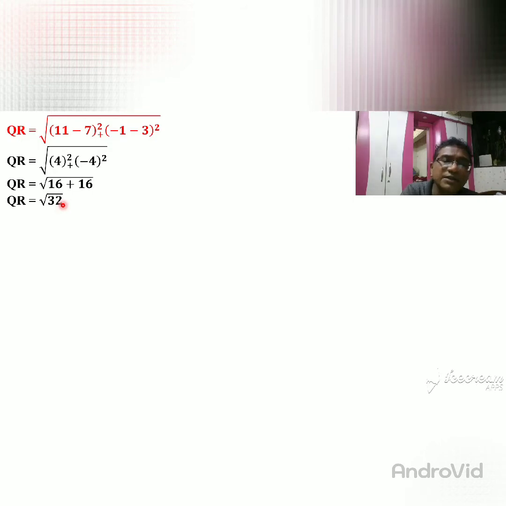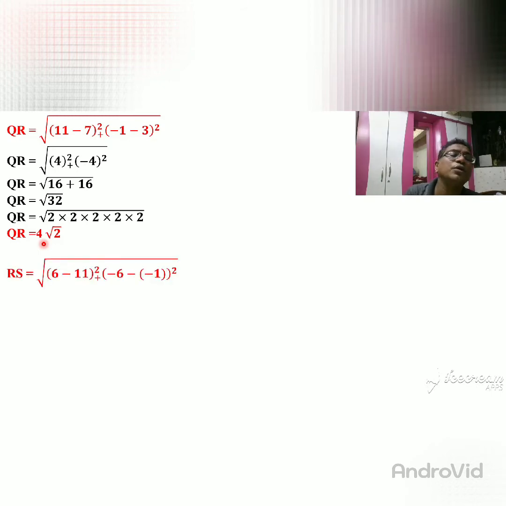So we factorize 32 in such a way that one number's square root can be obtained. So 16 2s are 32. So here that is done: 2 2s are 4, 4 2s are 8, 8 2s are 16. So this 4 into 4 multiplication is 16. So 16 2s are 32. So this 16 square root is 4. So distance QR is equal to 4 root 2. Okay. So here is the result, distance QR 4 root 2.